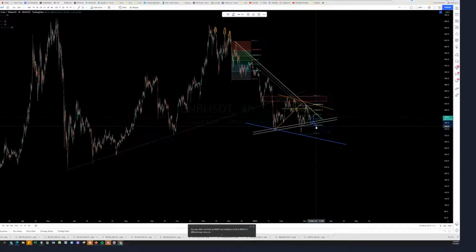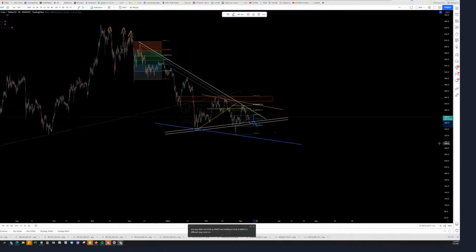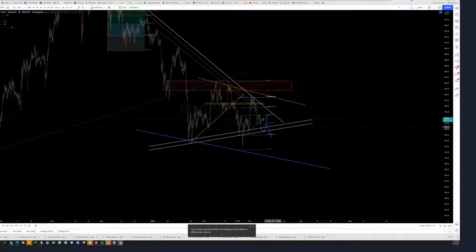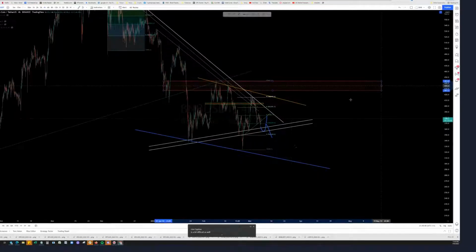If we drop that level, I think I was looking at it pretty much like a continuation. It looks like a reversal as well, so it's a bit difficult on this one. Get rid of that. It can be a reversal, but definitely if we drop that level there,